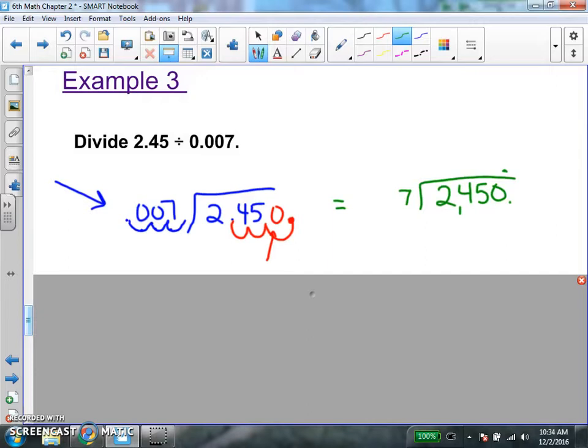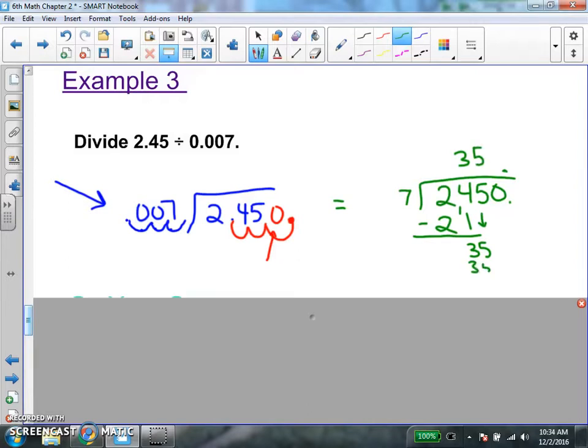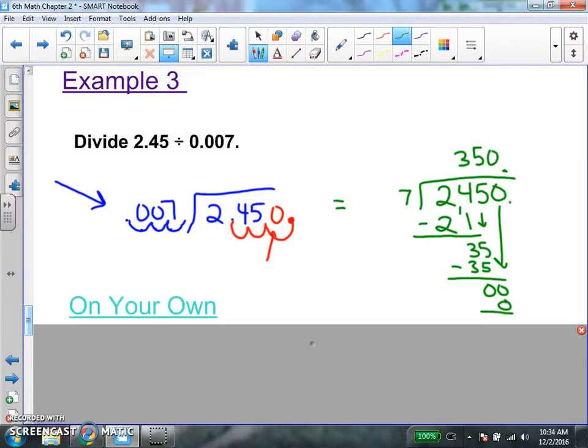How many times does 7 go into 24? 3 times. And 3 times 7 is 21. And subtract. 24 minus 21 is 3. I'm going to bring down my 5. Ask yourself, how many times does 7 go into 35? 5 times, which is 35. I'd subtract and get 0 and bring down my last 0. How many times does 7 go into 0? Well, 0 times. And 0 times 7 is 0, so there would be no remainder. The answer I get is